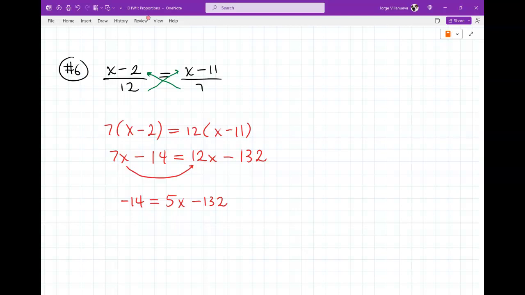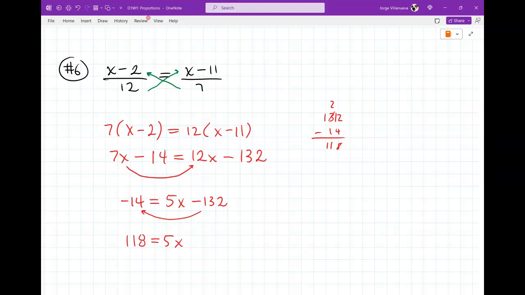Okay, and then I'm going to add 132 over to the right side, just so I can get the 5x all by itself. So 132 minus 14, what do I get for that? You're going to have to borrow, right? So it's 118